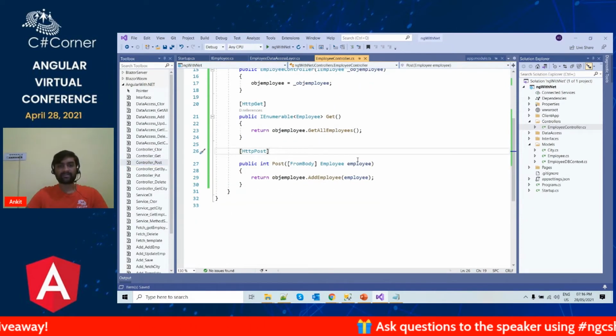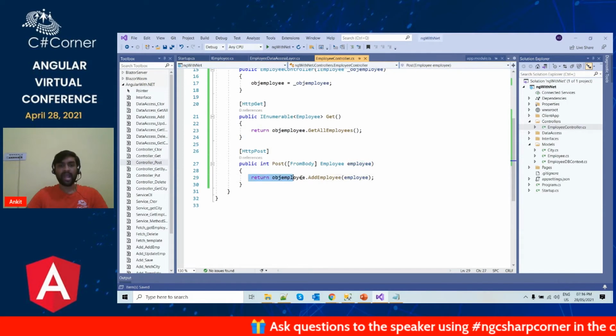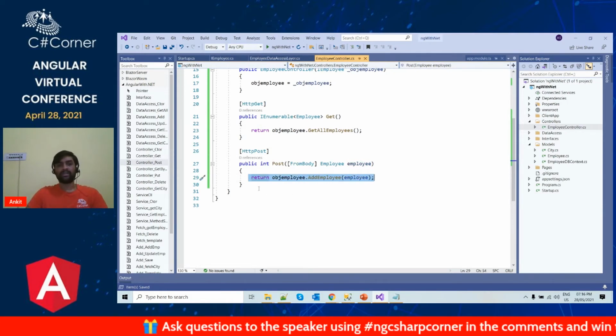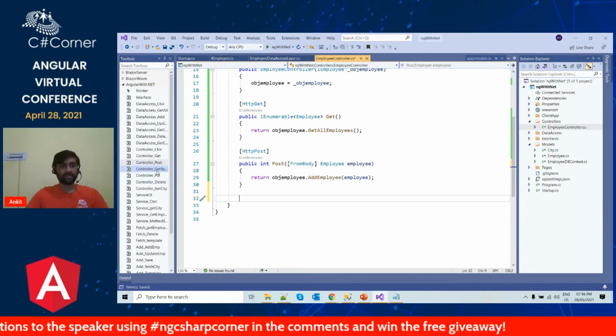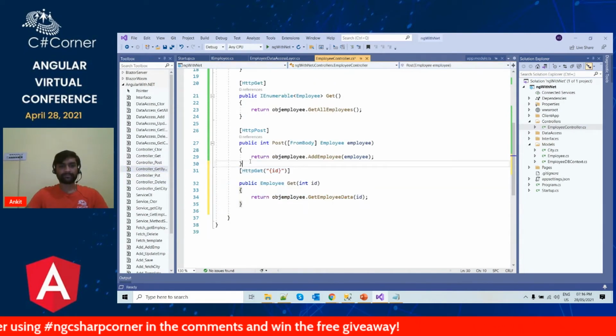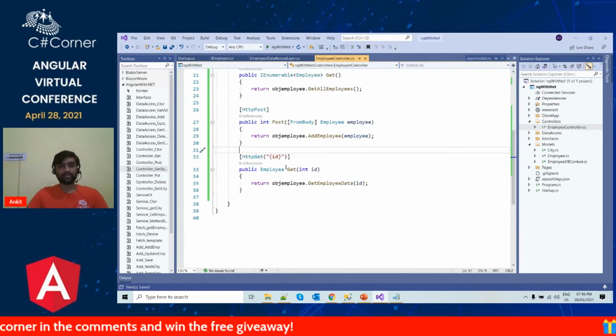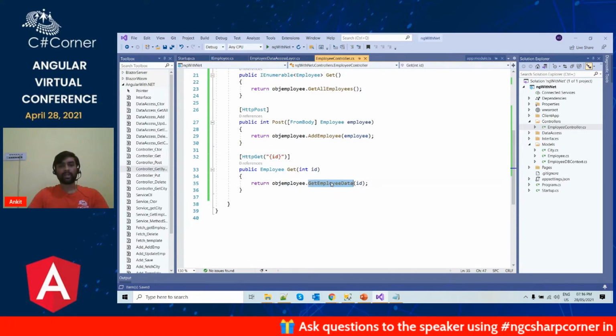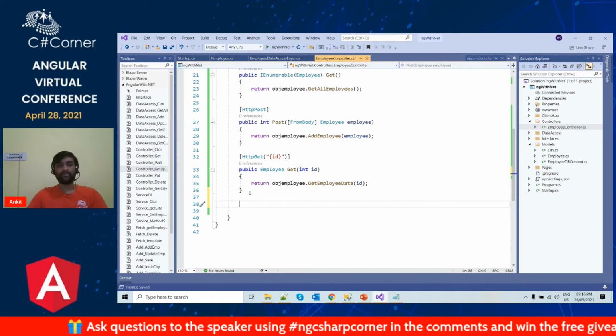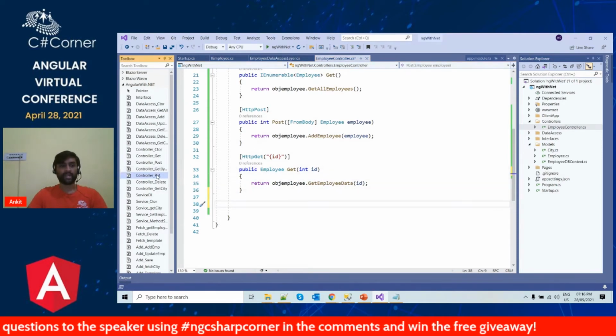This post method will accept the employee object, and it will call the add employee method of our data access layer to add the employee to the database. Similarly, we have get by ID. So this is also a get call, but it will also accept an ID as a parameter, and then it will pass that ID to our get employee data method, and it will fetch the employee based on the employee ID.